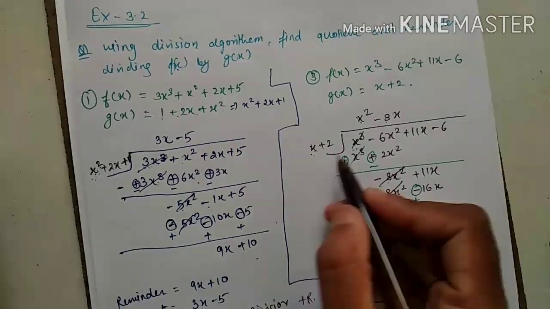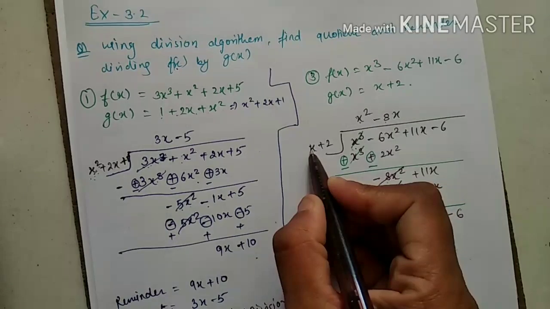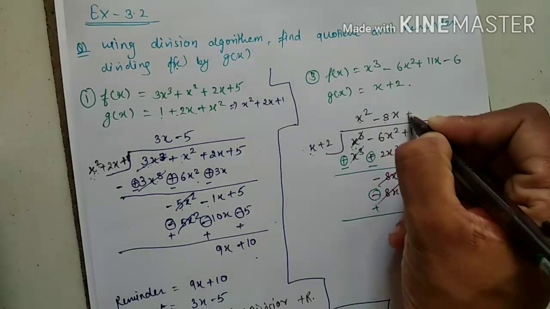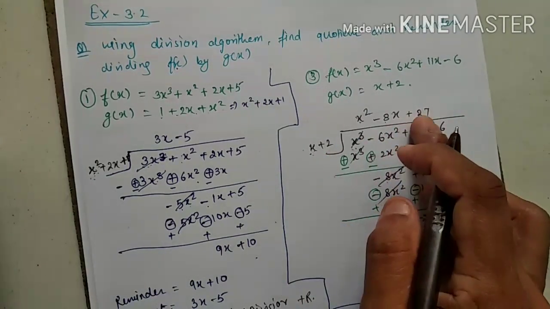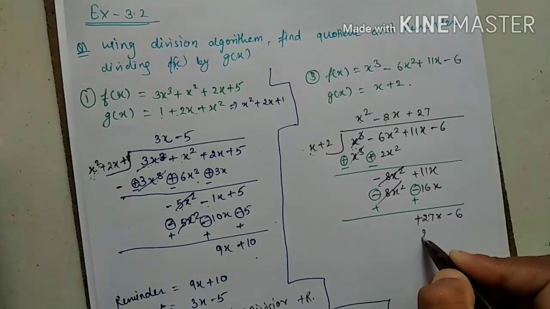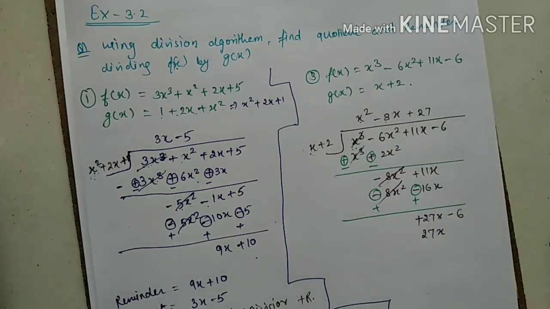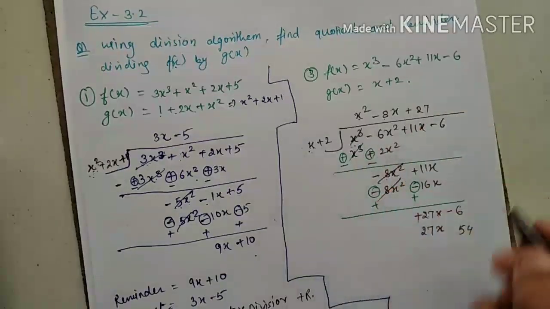Now understand more. Again here is 2 and here is 2. Is it possible? Yes. Here is x, here is x. Here is 27 but here is 1. So I have to multiply what? Plus 27. Just multiply. Plus 27x here. 27 multiply x become 27x. 27 2s are, I think so. Multiply. 7 2s are 14. 14 is 4 here. After that 2 2s are 4 and 1 5. 54. And positive positive positive.